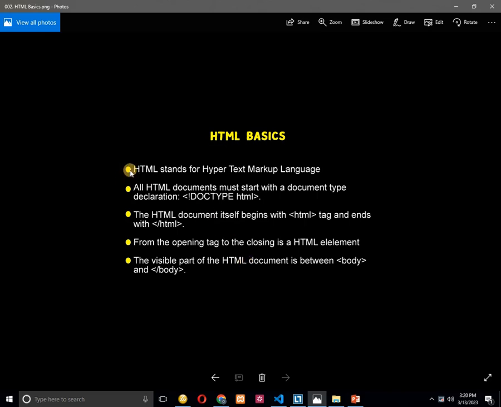Alright, so the first thing we need to understand is that HTML stands for Hypertext Markup Language. It helps us to mark up our web pages, and the web browser will interpret these codes to display our